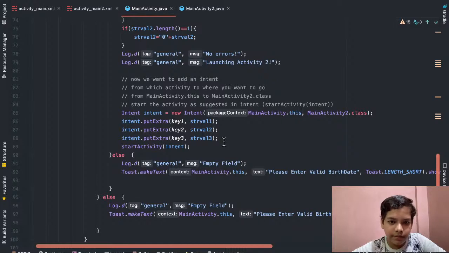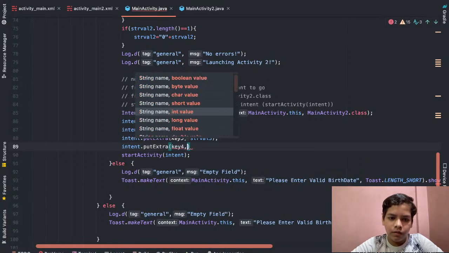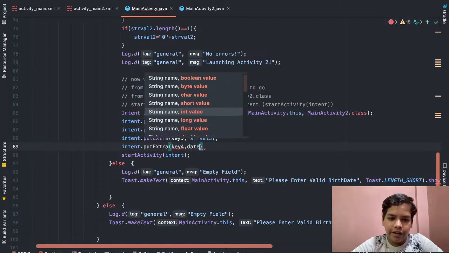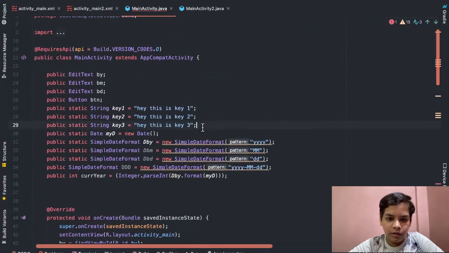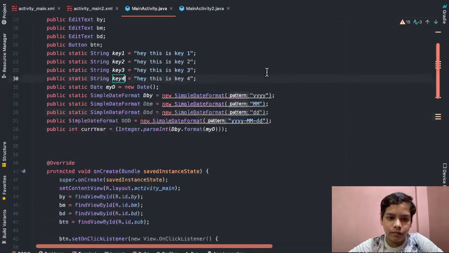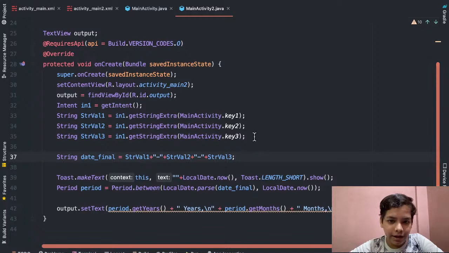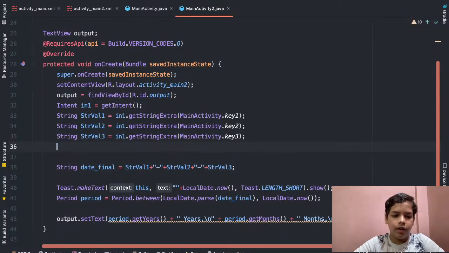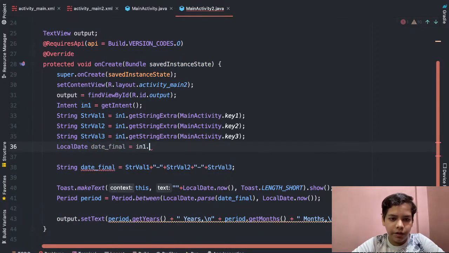And what I can do is intent.putExtra key 4 and date final. Let's define key 4 like this. And after passing date final, let's get that local date, date final is equals to in1 dot get local date, no actually get